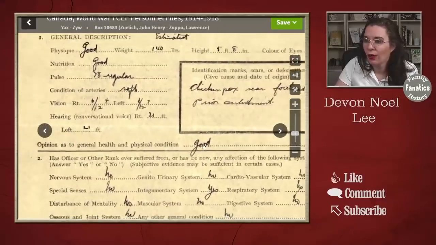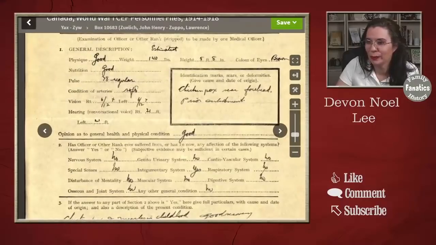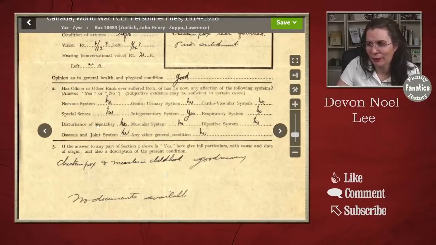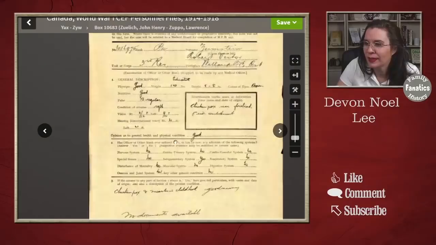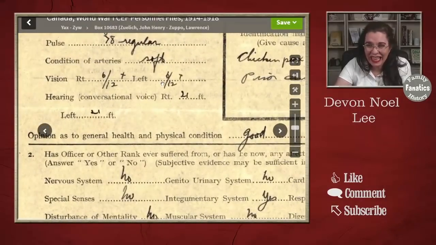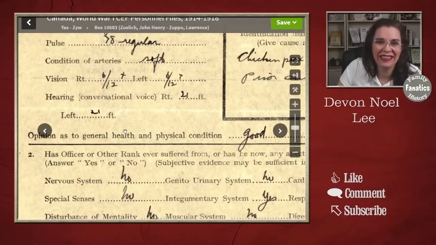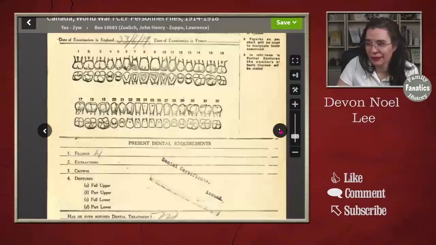All right, so this is a medical examination. This is kind of fun. Again, it tells us more details about what he looks like. He doesn't have any problems in his different systems. That's great. There was another one where it actually, oh, is it this one? Yes, it told me what his vision was. And how far he can hear. That's pretty great. So the health history is kind of nice.